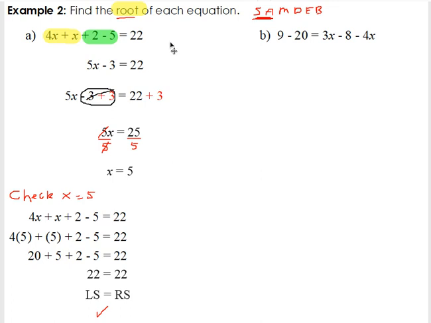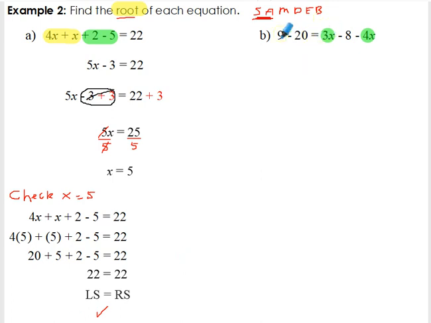Let's move on to example B. This one looks a little weird. The reason I say it looks a little weird is because we've got the x's on the right-hand side, which doesn't really mean anything. It doesn't really change anything, but it does look a little different than what we're used to. Now, first and foremost,